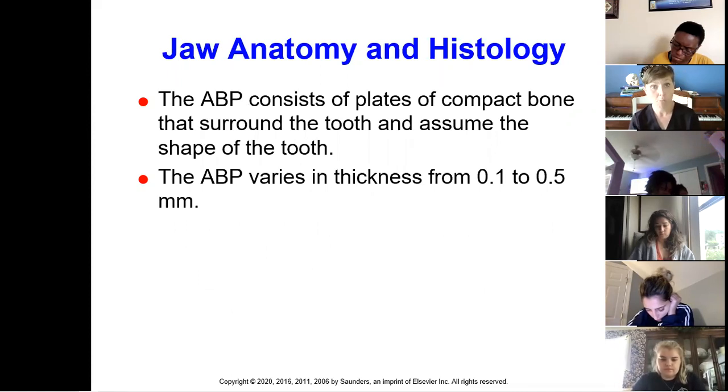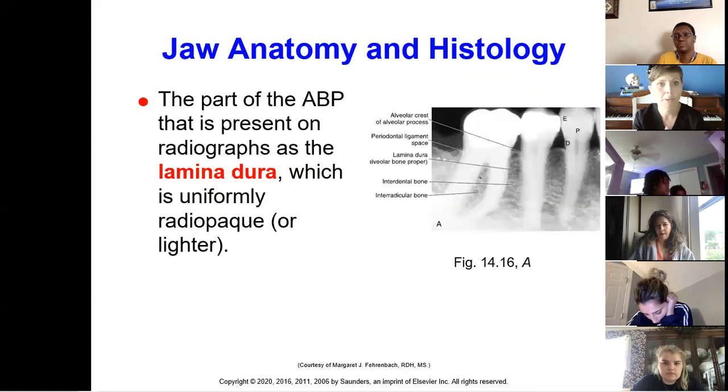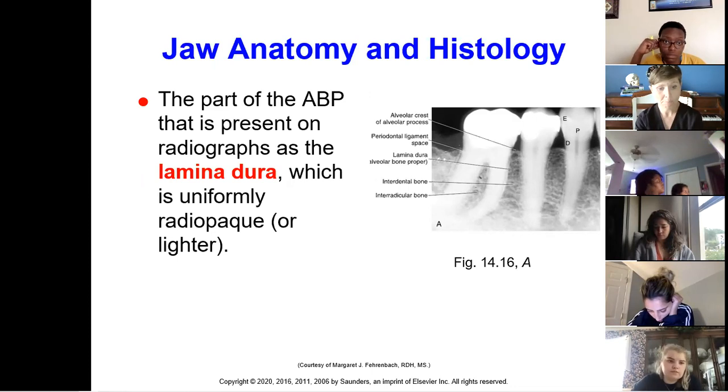So the alveolar bone consists of plates of compact bone that surround the teeth and assume the shape of the tooth. The ABP varies in thickness from 0.1 to 0.5 millimeters. Imagine if it's only 0.1 millimeters on the facials and you have a slight tilt in your teeth, it's going to recede a little bit, is what I was trying to say earlier. But the part of the alveolar bone proper that is present in radiographs is the lamina dura,